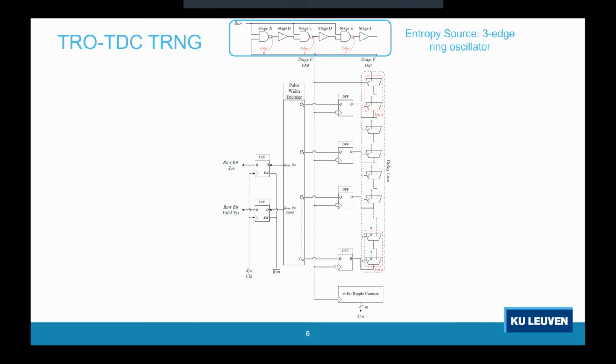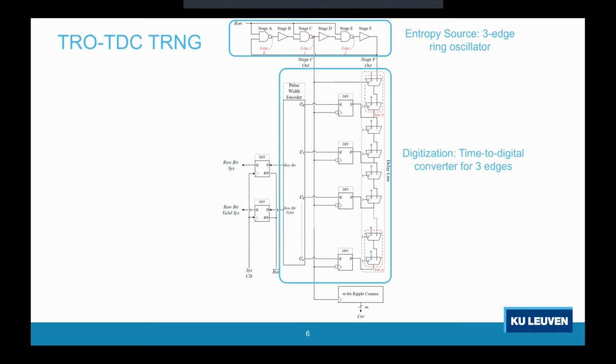Thus, the frequency of the resulting ring oscillator signal at the output of any of the 6 stages will be 3 times higher than the frequency of a single edge ring oscillator with the same number of stages. Now, to efficiently exploit the independent timing jitter in each edge in the ring oscillator, we use one time-to-digital converter as a digitization. This time-to-digital converter consists of a delay line formed by small multiplexers called bins and falling edge